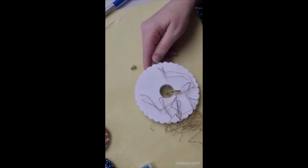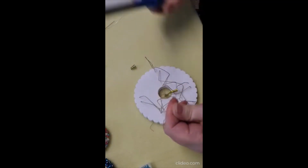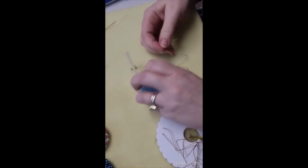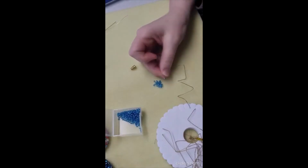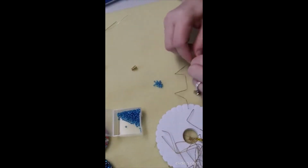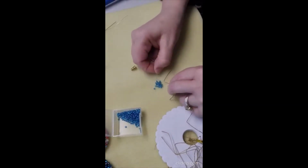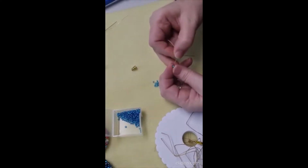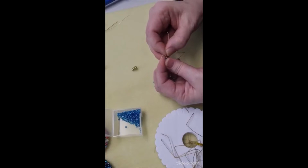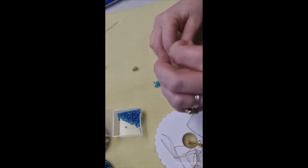Okay, so there's a couple of ways you can add these beads. You can either light the end to stop it from fraying. So I'll show you that one first, where it just goes on nicely. So let's just put a few on there just to show you. 1, 2, 3, 4, 5. Okay, so